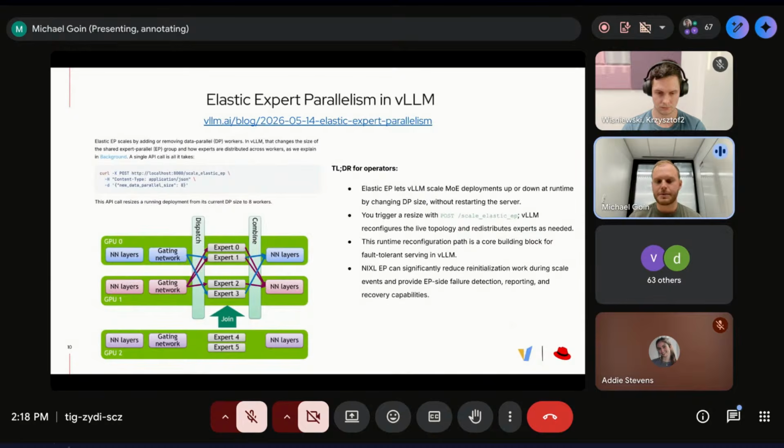Expert parallelism is interesting and requires this kind of flexibility because it allows you to scale single deployments of large frontier MoE models like DeepSeek much further than just one node of GPUs. You can run an expert parallel 64 or 96 deployment.